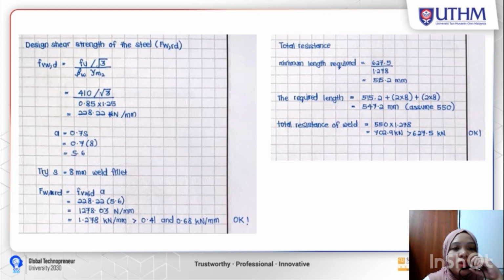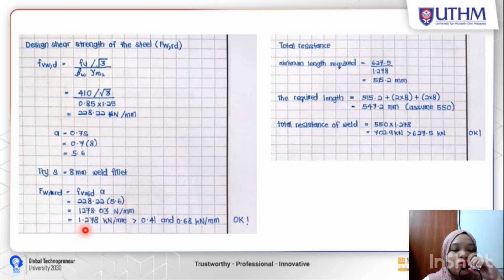And for the design, we need to calculate the design shear strength of the steel FWRD, and the answer would be 228.22 Newton per millimeter. And we will try the S size of 8 millimeter weld fillet, and to calculate the FWRD is FVWD that we get from the top here, and we will insert it, and we will times it by the 0.7s that we get here, which is 5.6,